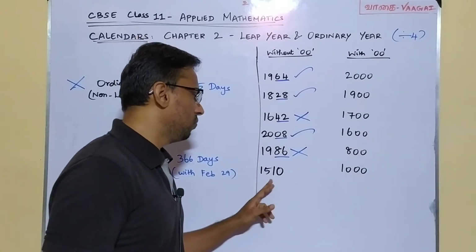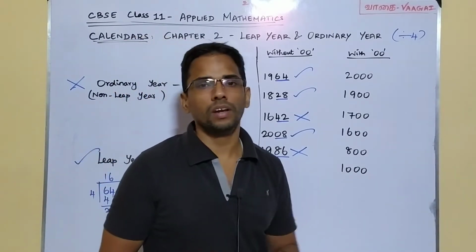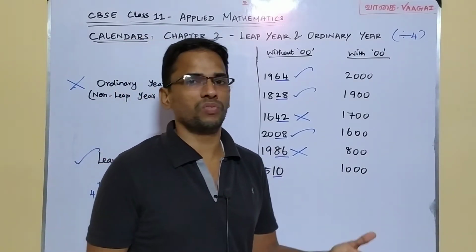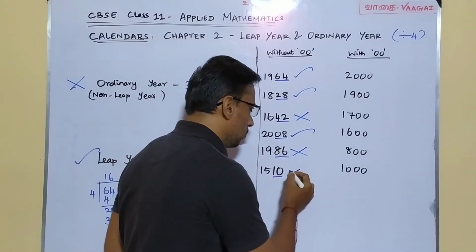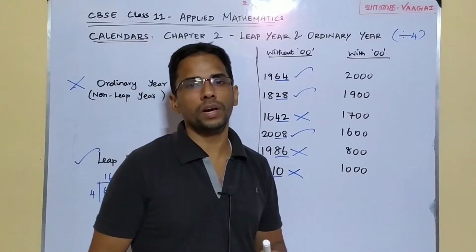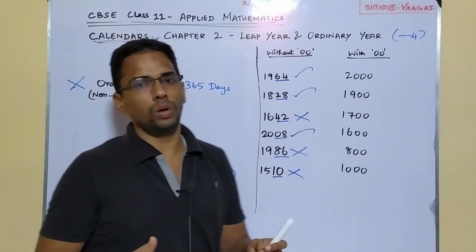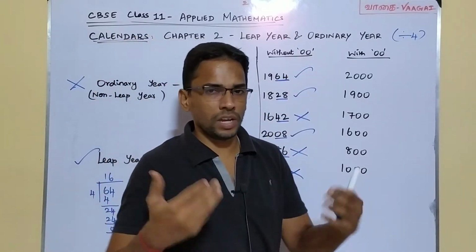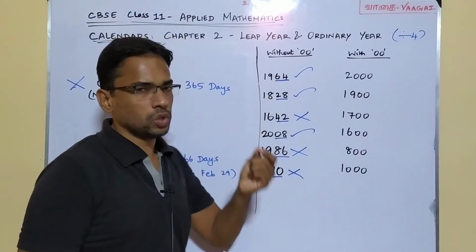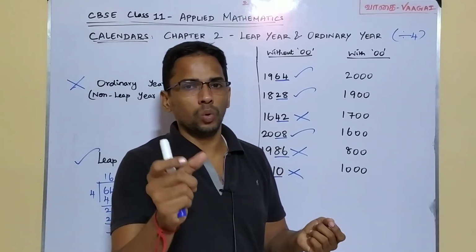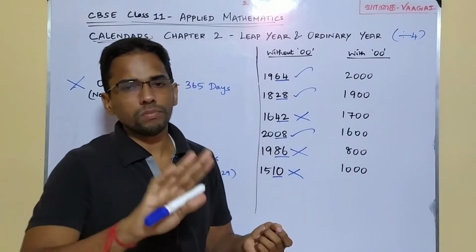Last one we have 1510, and as usual go for the last two places. 10 is not divisible by 4 because 4 2s are 8, 4 3s will become 12, so in that case 10 is not divisible, and so 1510 is once again not a leap year, it is an ordinary year. So I hope now you are thorough with the method of how we are checking whether a given year is a leap year or not. Just go see your year, pick the last two places and divide that number by 4. See whether it is divisible by 4 or not. This is all you do.